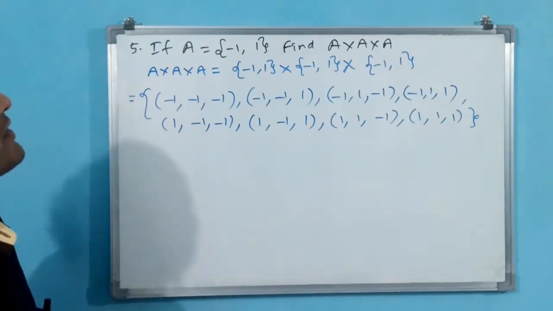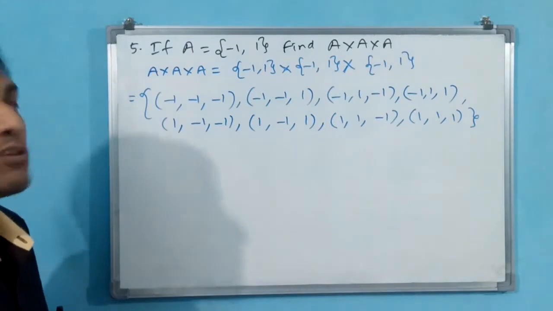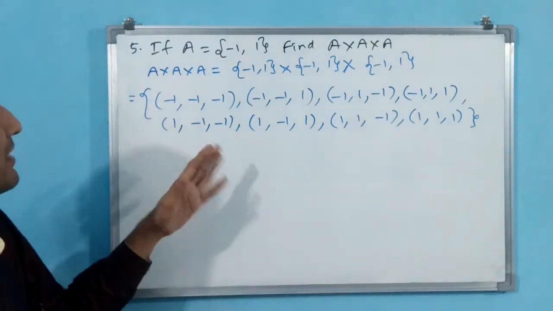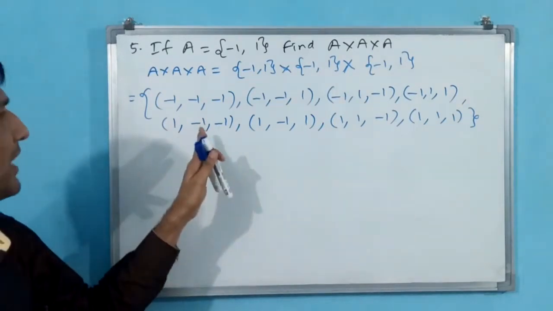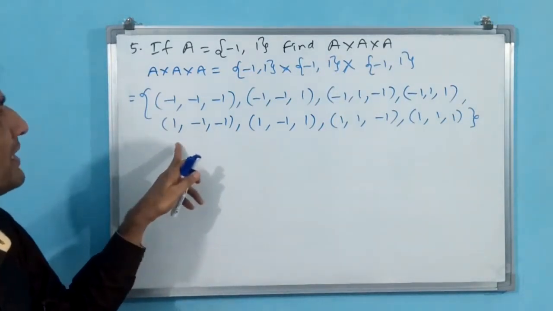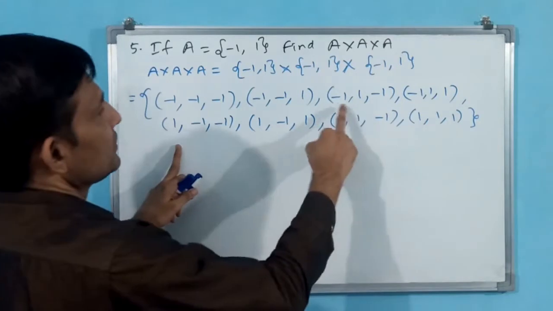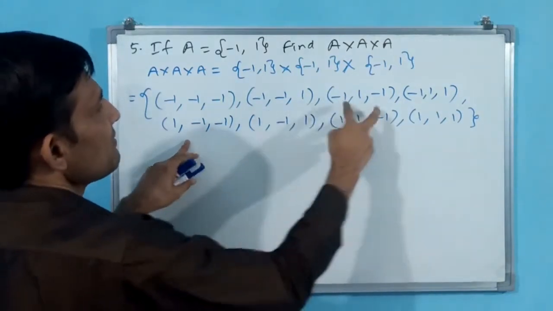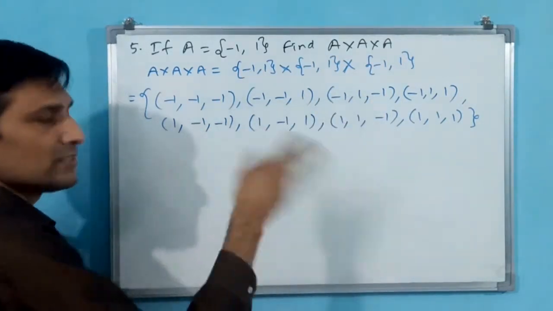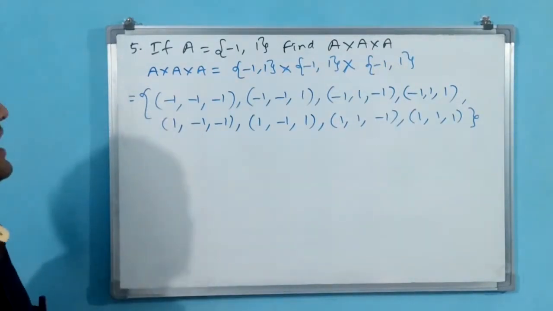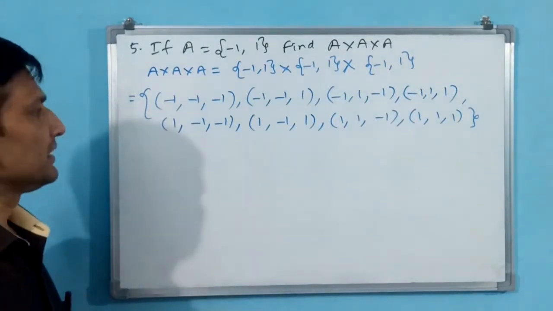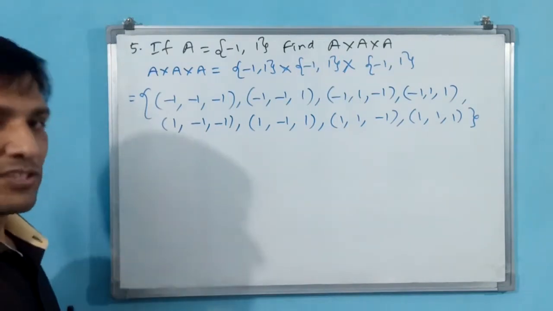In sets, some elements are equivalent. Why? Because even if you write minus 1, 1 in different ways, they are going to say minus 1, 1. See, in sets these elements are equivalent, but here they are not equivalent. That concept you have to learn from relations and functions. Okay, let us go for the sixth problem also.